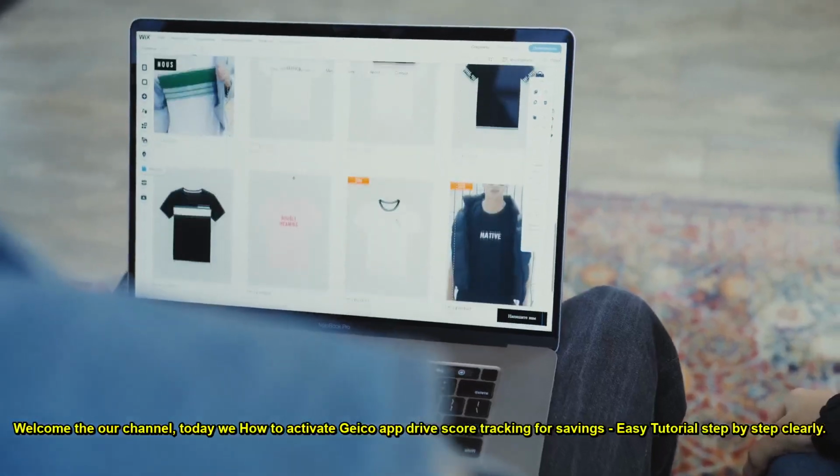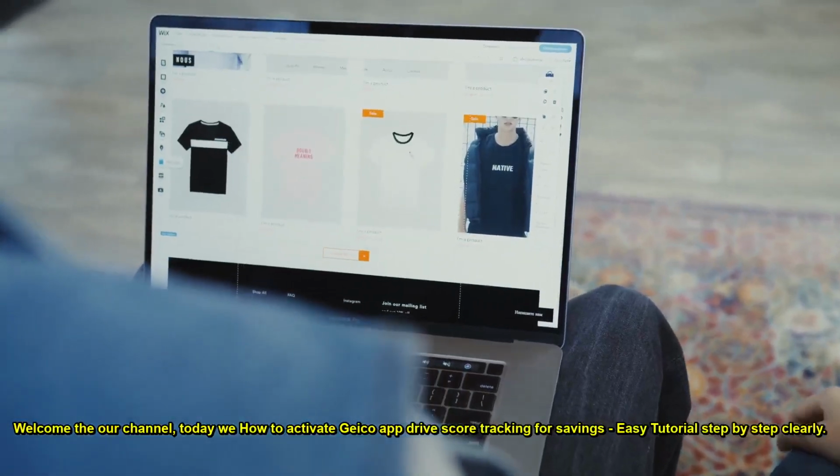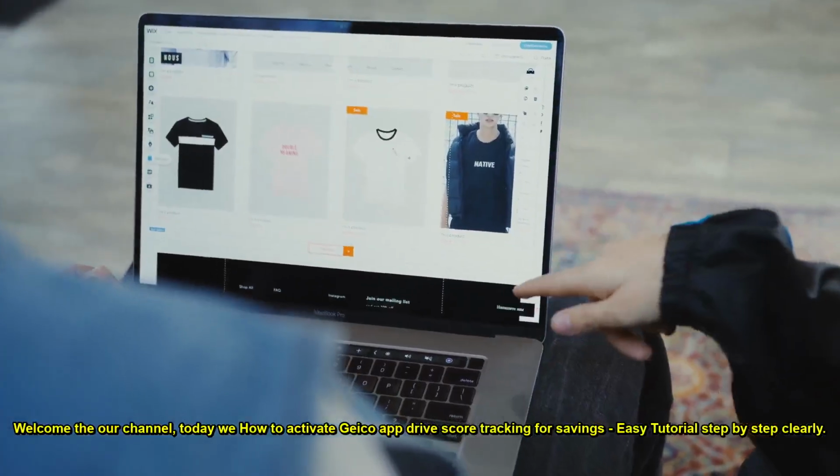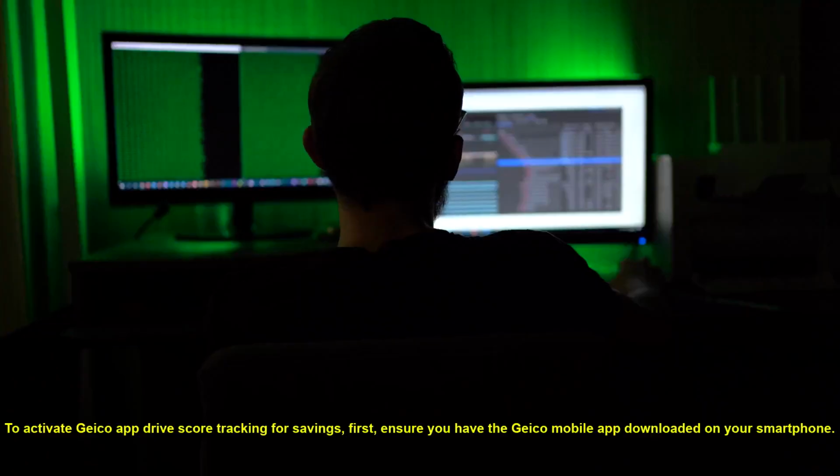Welcome to our channel. Today we show how to activate Geico app drive score tracking for savings, an easy tutorial step by step clearly. To activate Geico app drive score tracking for savings, first, ensure you have the Geico mobile app downloaded